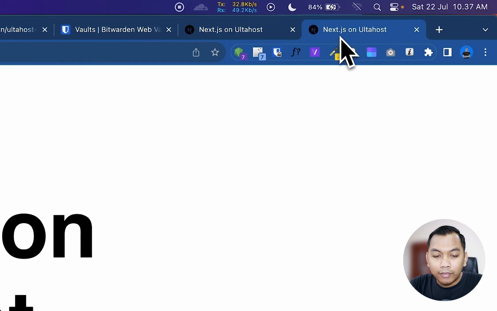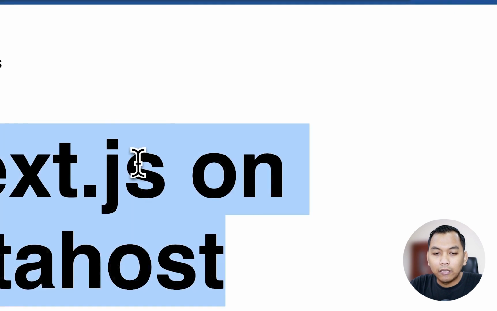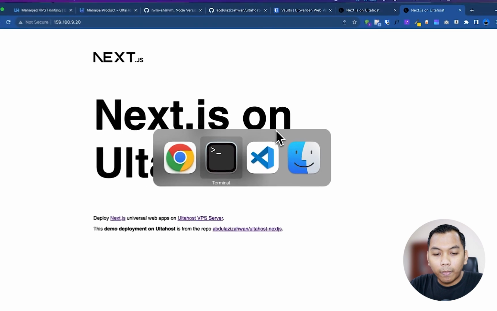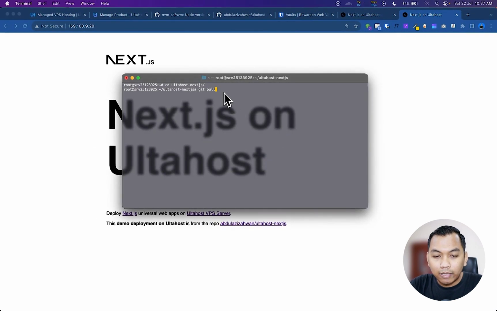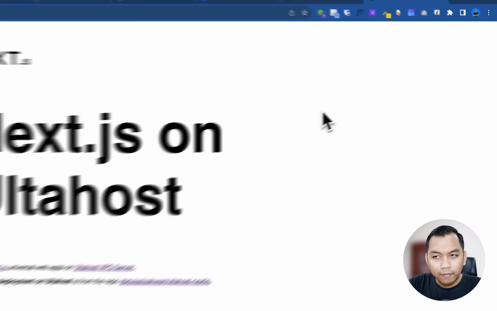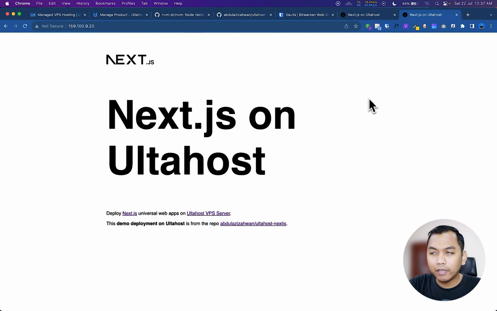So it will also change my code on the Linux server, in this case my VPS server. Alright, so yeah, it's really simple.